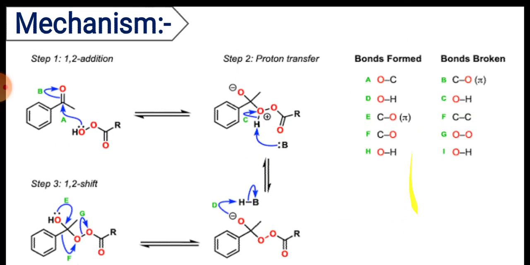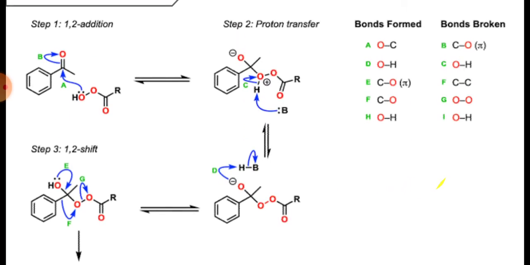So in this example we take acetophenone and react it with the peracid. You know that the oxygen lone pair from the hydroxy group of the reagent will react with the carbonyl carbon. You know that carbonyl carbons are electrophilic in nature. This forms the tetrahedral intermediate. Finally there is a migration that takes place now.